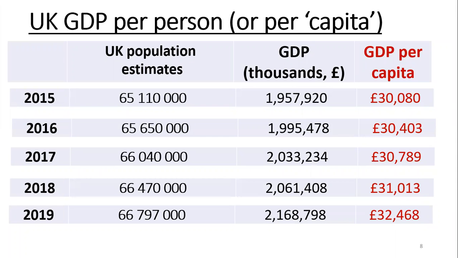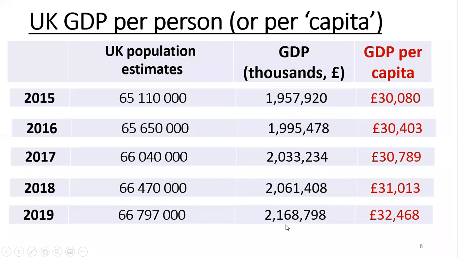We can also look at measures of GDP. So if we add up everybody's income in the UK, so this is Britain we're looking at, the UK as a whole, we can see how much everybody's income is together. So in 2019, GDP, national income in the UK, was 2 million thousand, and a million amounts of 1,000 are going to be a trillion. So everybody's income in the UK added together was just over £2 trillion, so just £2.17 trillion or thereabouts. That was spread across 66.8 million people roughly. So that's quite a lot of people.